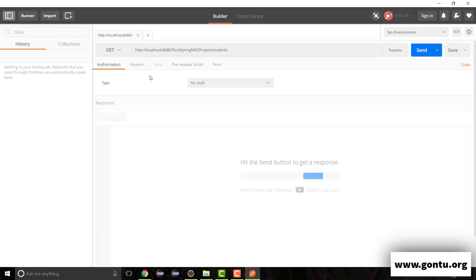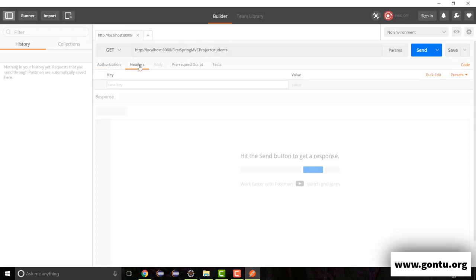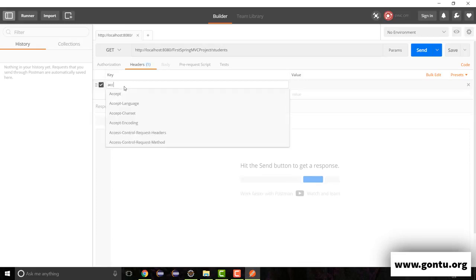Well, it has to attach a header with a key Accept along with this request to the server. And how to do that? You have to go to the Headers tab, and here you have to include a key with the name Accept